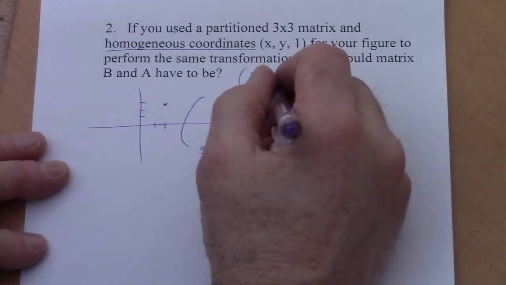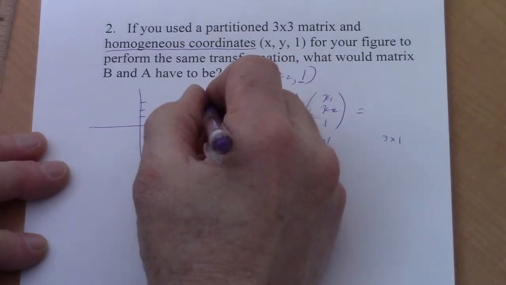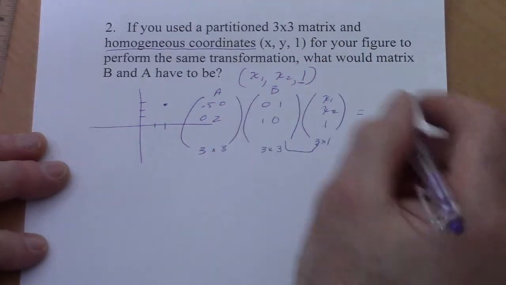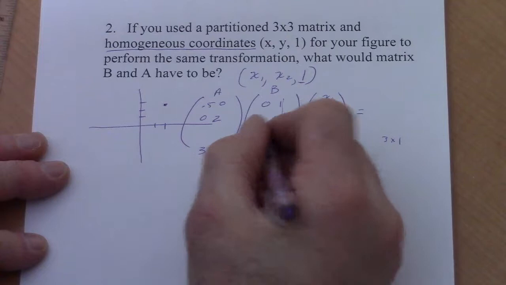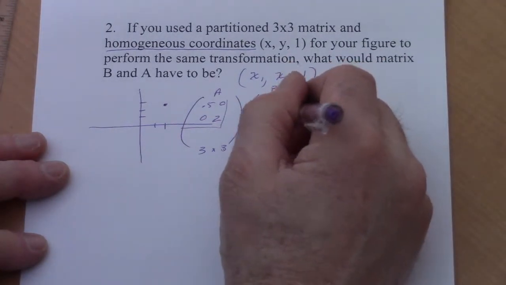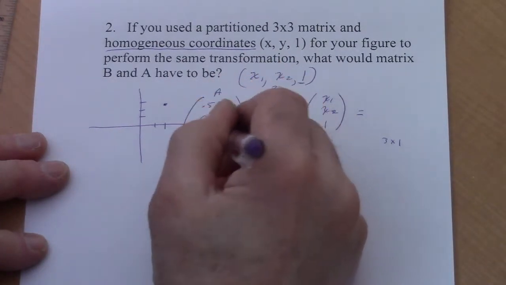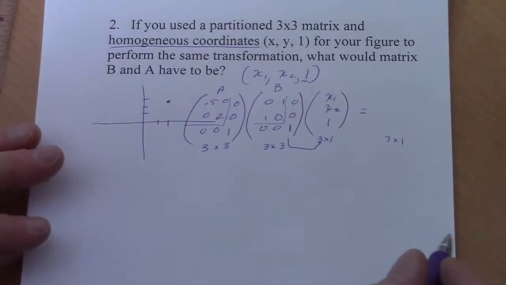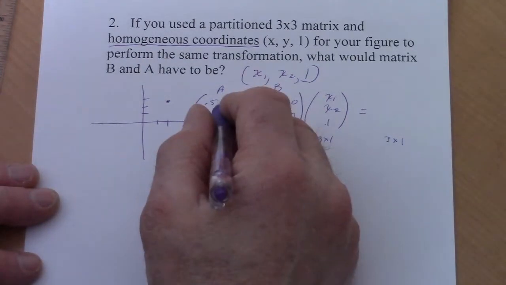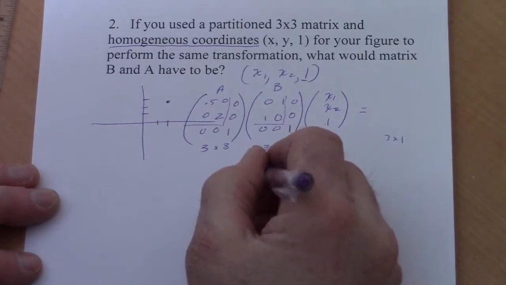So our B matrix and our A matrix, A was 0.5, 0, and 0, 2. B was 0, 1, 1, 0. So if we partition this, all we need to do to make a partition matrix is make these 0, 0, 0, 0, and 1 on the diagonal. And so this is a special partitioning that will give us the same thing we got before. If you remember, matrix A times B times the vector x, we got 0.5 x sub 2 and 2